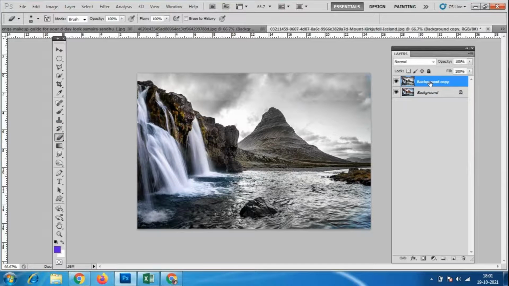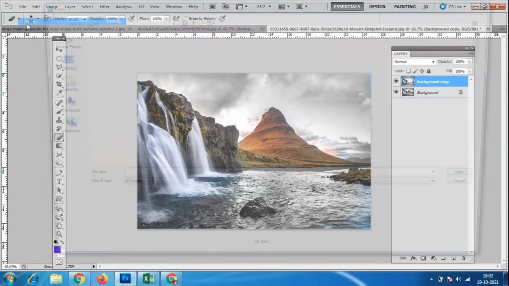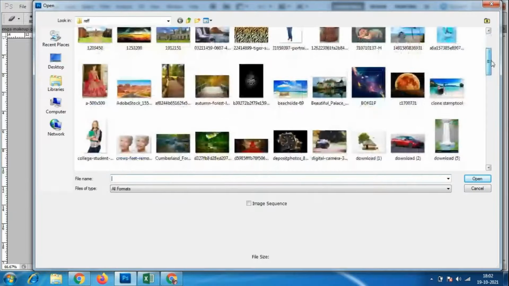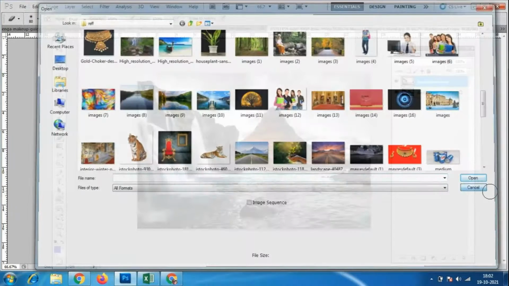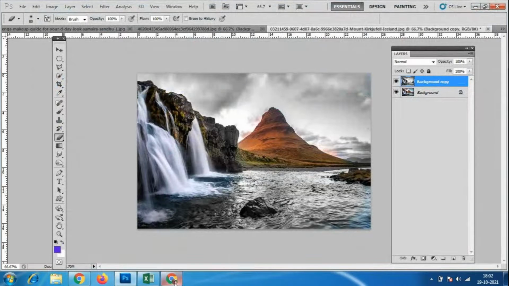So what I'm doing here is just erasing. However much of the portions I want, I'll erase, so only the colorful parts are visible, only as much as I want. Like that, you people have to do some collage work. Before that, does anybody have any doubt about the dodge tool, burn tool, and sponge tool?